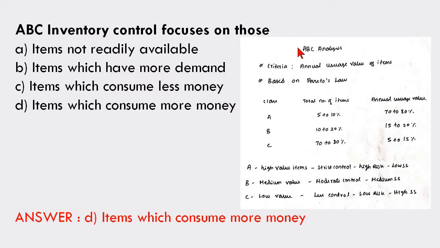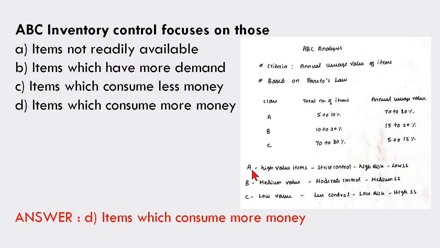ABC analysis, very important topic for the competitive examination. Some important points are listed here. The criteria is annual usage value of items based on Pareto law. The inventory is classified into three categories: A class, B class, C class item. A class item, the number of items is 5 to 10%, annual usage value is 70 to 80%. If we take C class item, the number of items is 70 to 80%, the annual usage value is 5